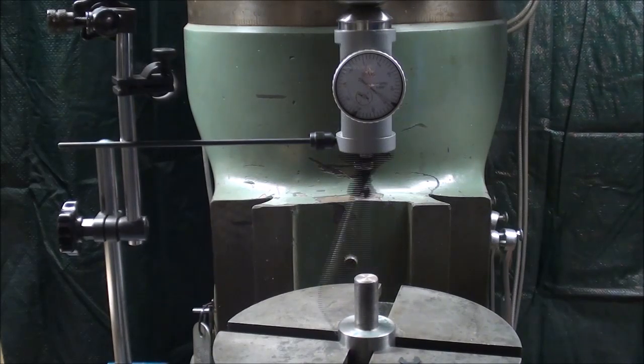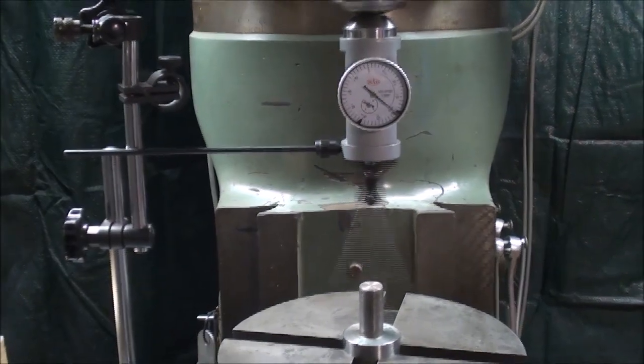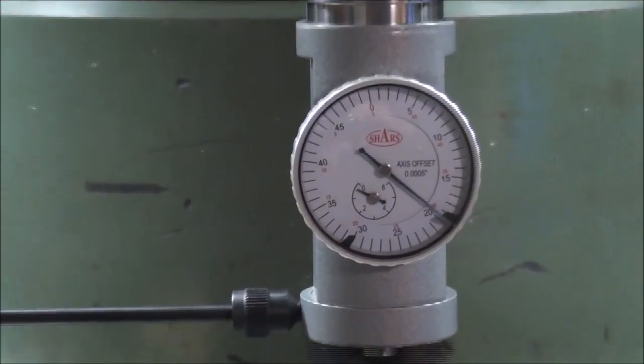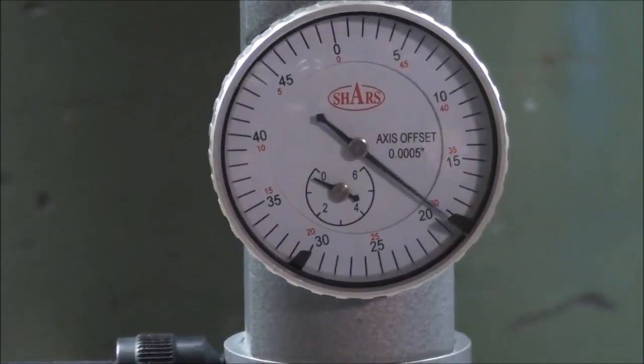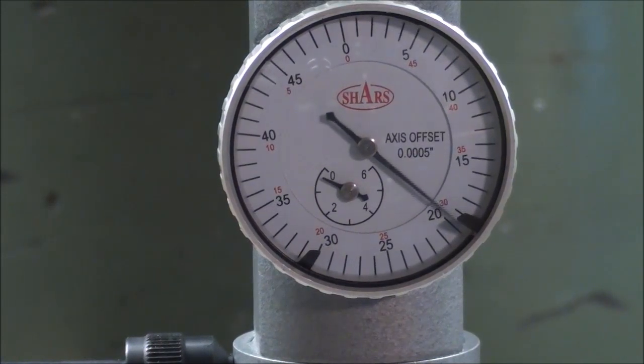And then the X-axis again. So I'm actually moving both cranks. Now I'm concentrating just on the Y, and you can see that the needle has virtually stopped. The machine's still running. You see just a little bit of fluctuation, perhaps a half a thousandth or a quarter thousandth, and some of